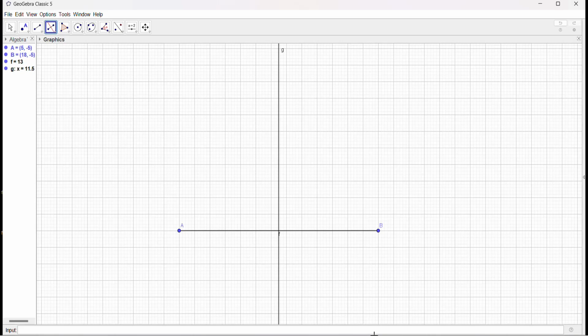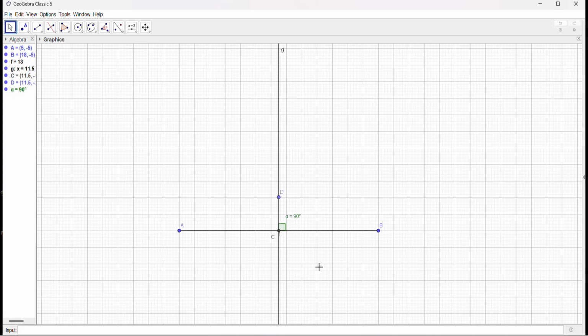You can see here that my perpendicular bisector is intersecting the line segment AB at point C. And if you remember the definition of the perpendicular bisector, it tells that at the intersection point, it forms a right angle and as well it divides the line segment into two equal parts. So first I'm going to see whether the angle formed at point C is a right angle or not. Let's measure it, angle BCD, and this angle is 90 degrees.